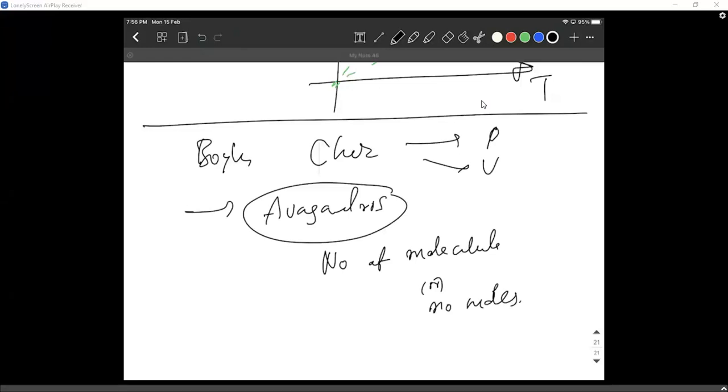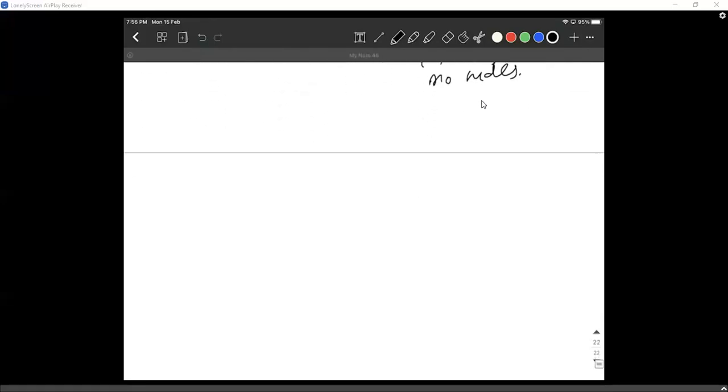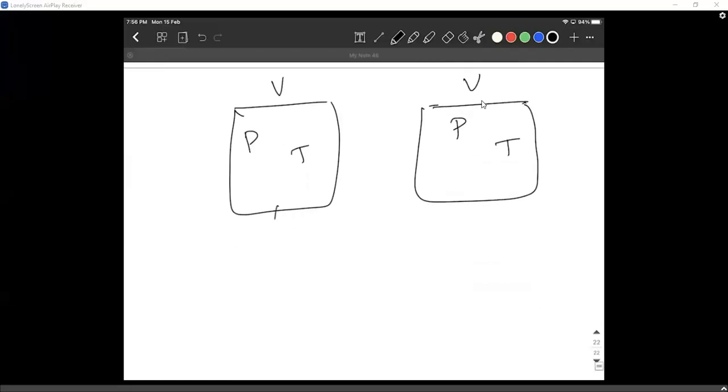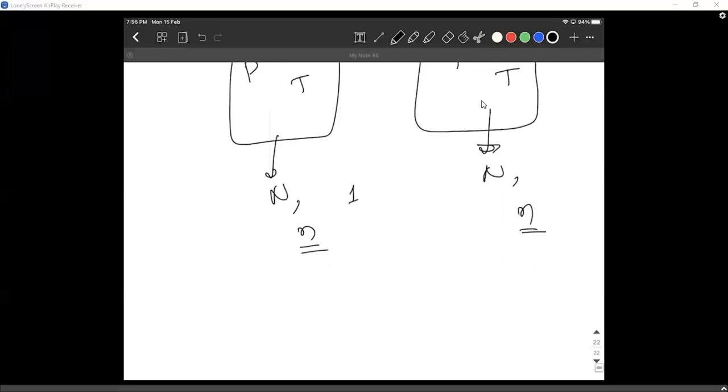The basic idea is if you have two gases, volumes are equal V, pressures are equal P, and temperature is also equal T. According to Avogadro's law, the number of molecules, capital N or small n, you can say anything, like capital N is number of molecules, small n is number of moles. I hope you know what a mole is. Well, how much is a mole? Anybody? You completed chemistry, you must already know how much is a mole.